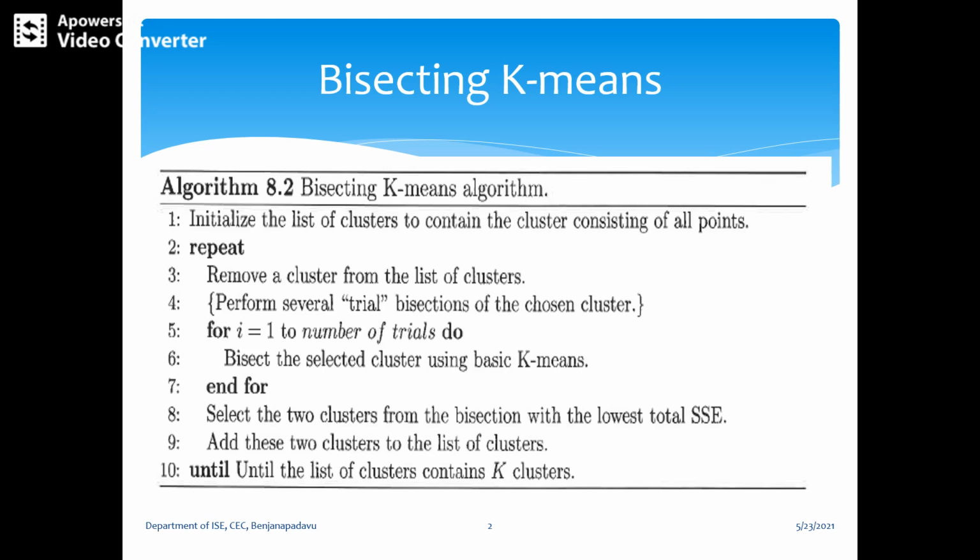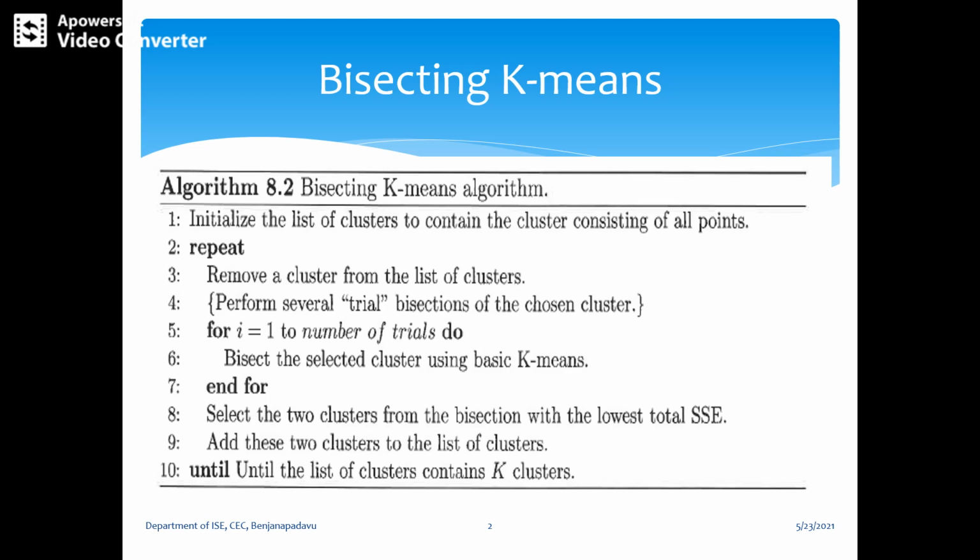So these are the algorithm steps of bisecting k-means. Step 1: first we should initialize the list of clusters to contain the cluster consisting of all the points. So this is the first step in the algorithm. We initialize the cluster so that it consists of all the points, that is, the given data set. Next, repeat until